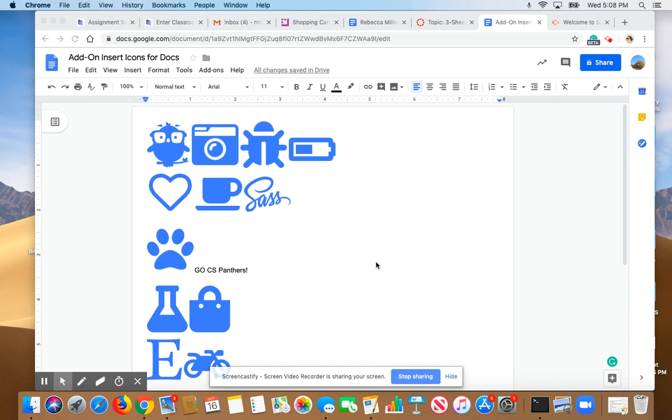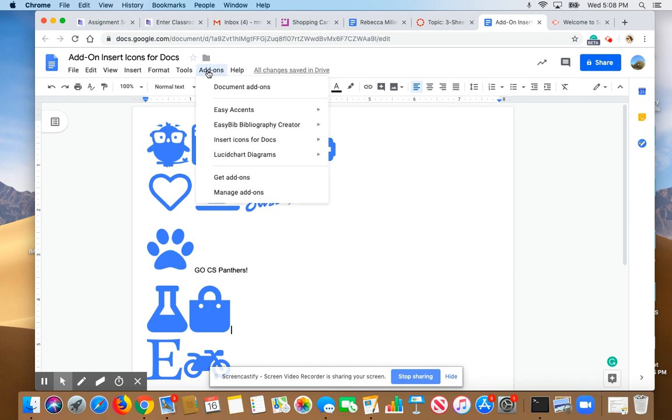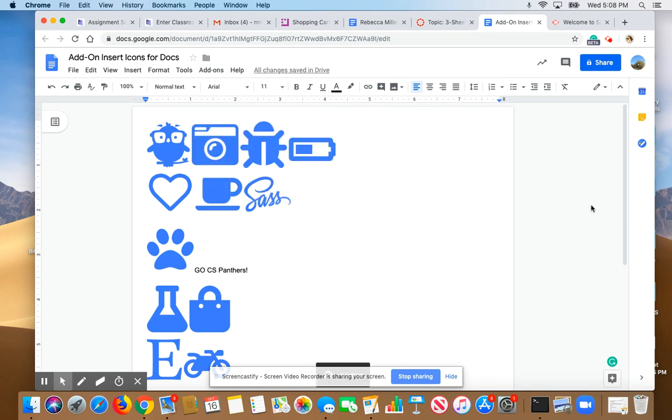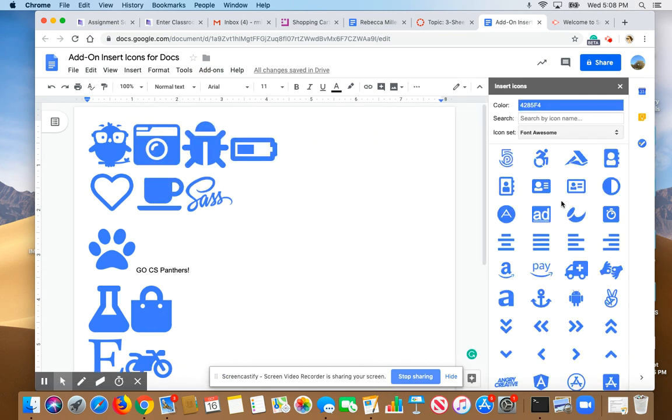Okay, one of the add-ons that I want to share with you is the icons for docs. And what that is, if you look up here for add-ons, you can open the sidebar here and it gives you all of the neat different icons, great icons for all